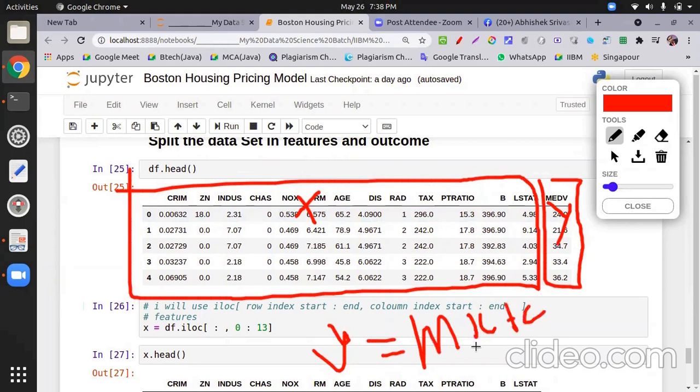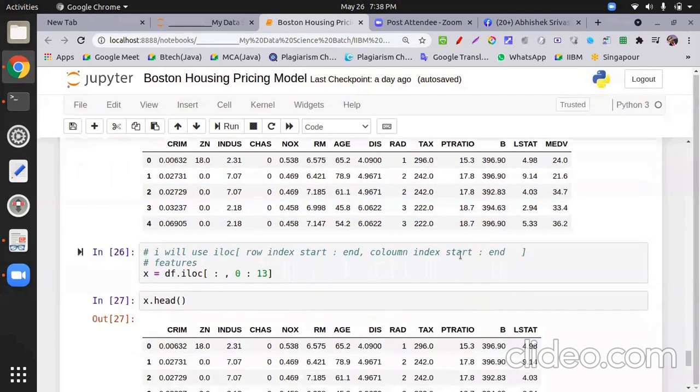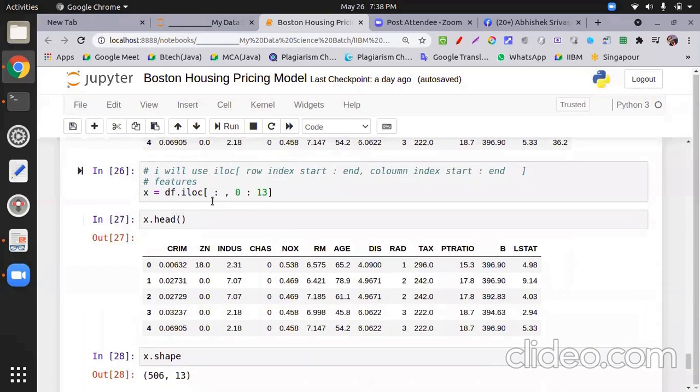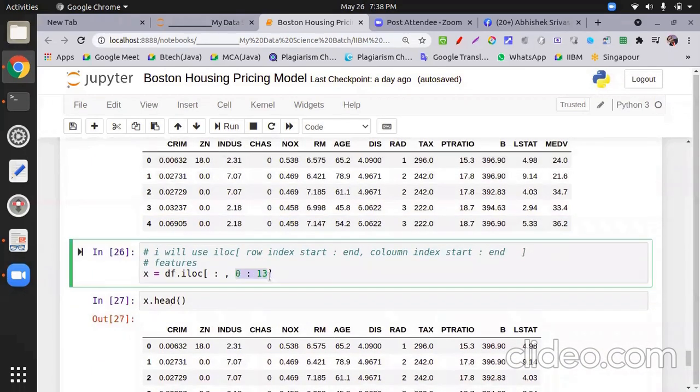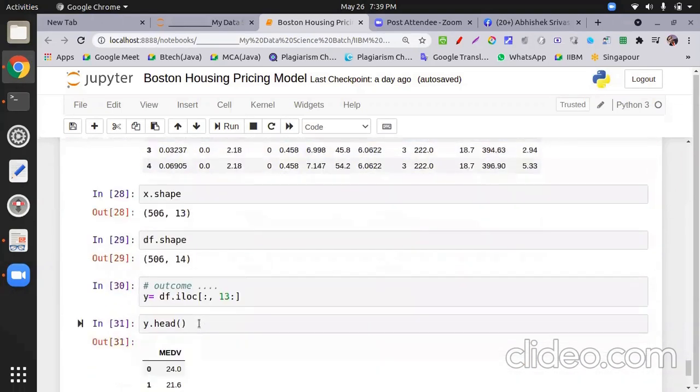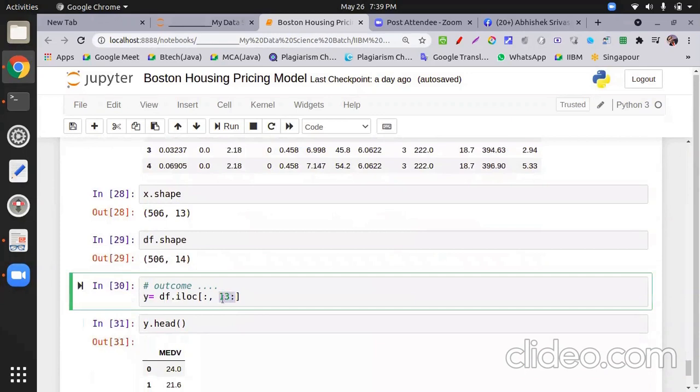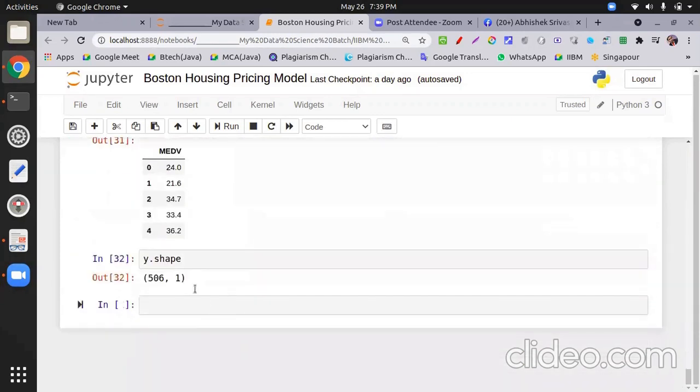X is my input and Y is my predicted variable. We split it using the iloc function, taking all the columns before 13 under X, and column 13 onwards under Y, because there is no column after 13, so only one column is extracted here.